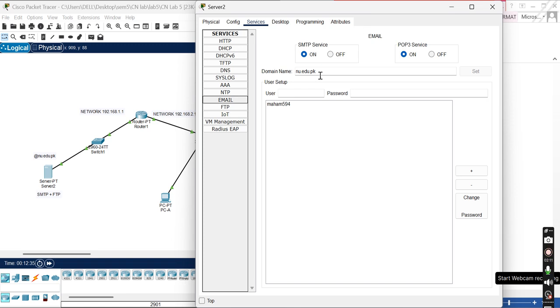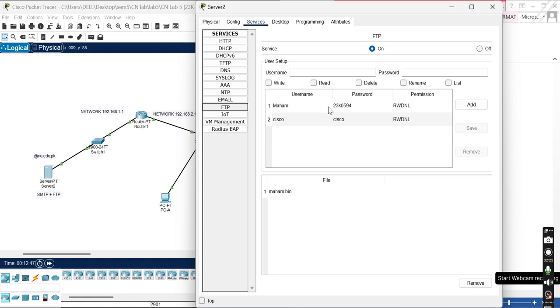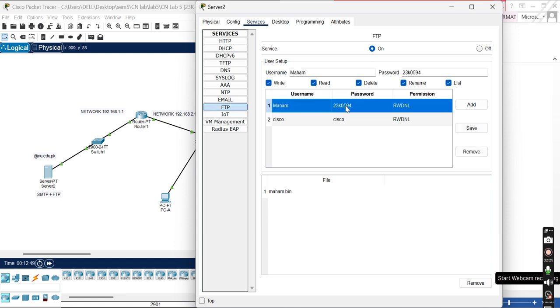So firstly we'll look into the services of mail transfer. Here I have assigned it my first name and the roll number and password, as you can see. And also coming on to the FTP services, that are the file transfer services, I have assigned it a username and a password.